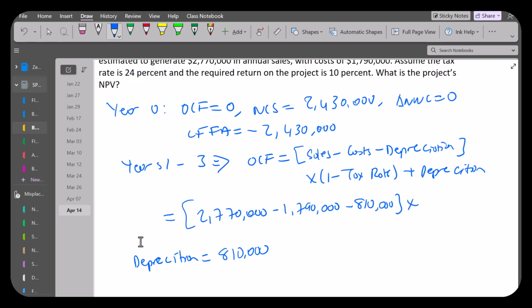Tax rate is 24%, so 0.76. And when we calculate the whole thing,